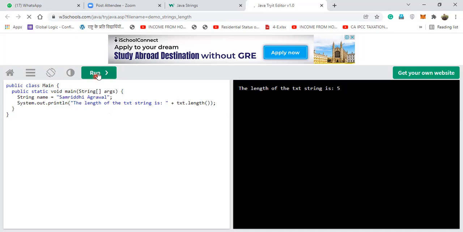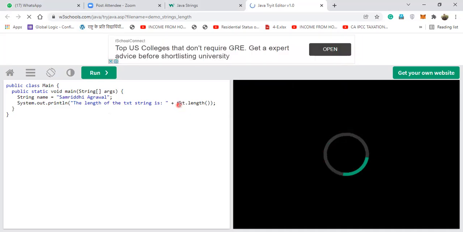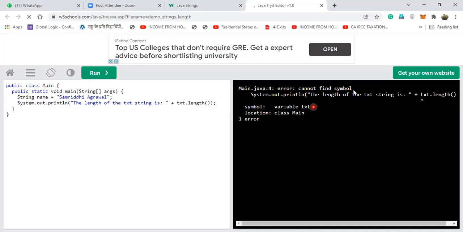Understood? Now it will give me an error. Can you say why it will give me an error? Because this variable is name and I am saying txt.length, and txt is not declared. So that is the reason it will give an error. See here, what is the error?